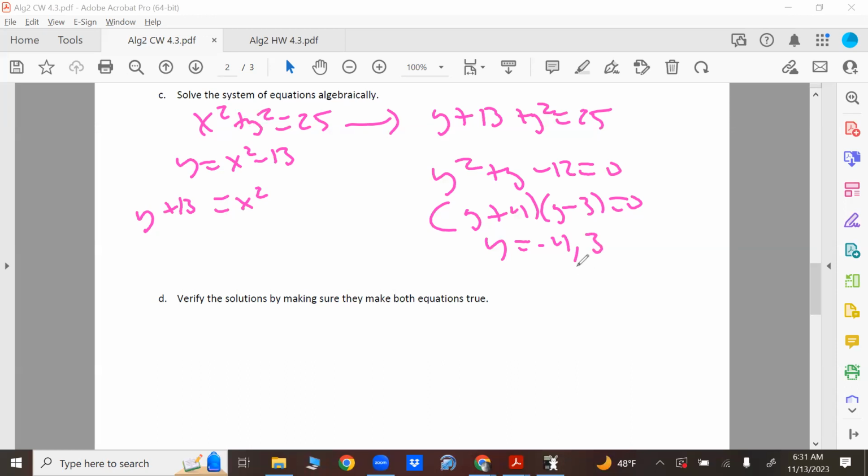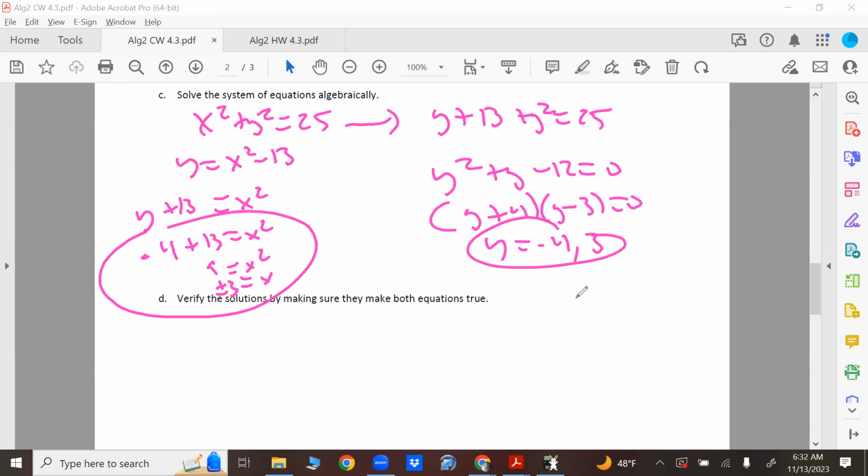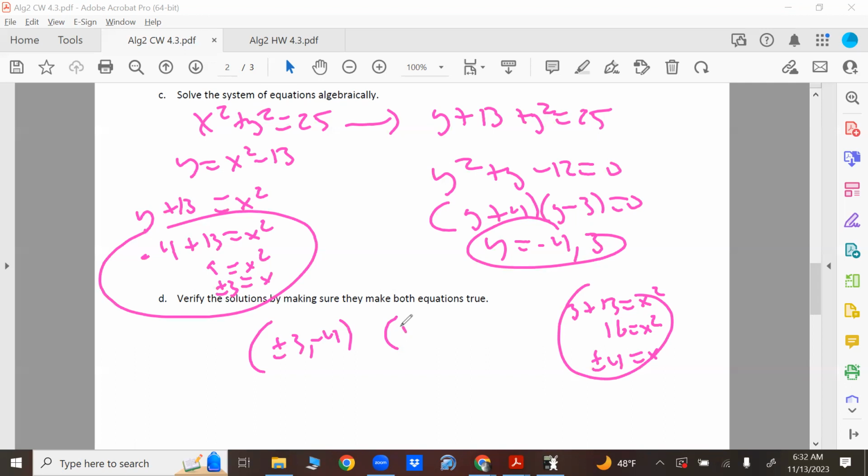Y equals -4 or 3. So if you plug in -4 for y, x squared will be 9. So x is plus or minus 3. If you plug in 3 for y, x will be plus or minus 4. So you can have plus or minus 3 comma negative 4 as an answer, and plus or minus 4 comma